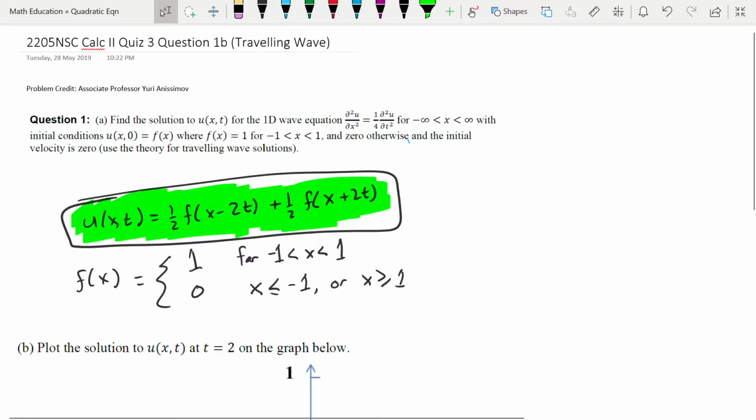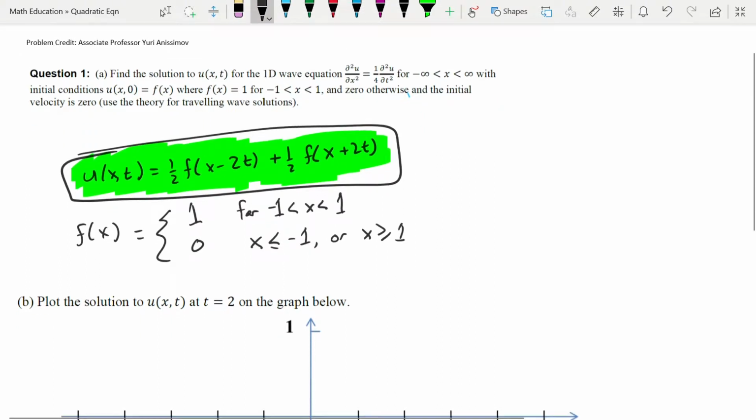Welcome back. We're going to polish off question 1b, the traveling wave question now. So we've mathemagicked away all of our work and are just left with the answer here for part A. Now, we've got this in the form of this initial condition F. And I'm just going to take a little bit of time here. And because I can see that my function U is composed of two parts, both based on F, I'm going